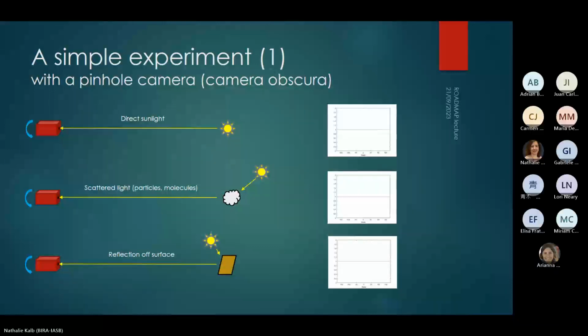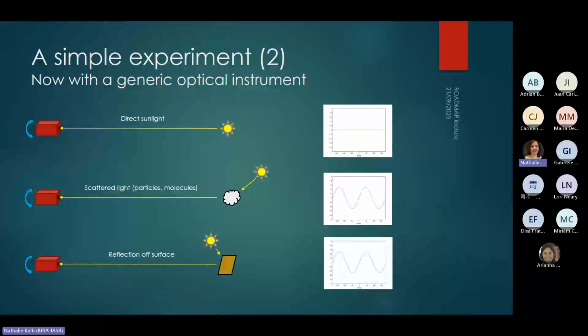Constant. If you look at the reflection of a surface, you see nothing. Why? Because the instrument is not sensitive to polarization. That's it. However, if you do this with a generic optical instrument that contains mirrors, gratings, lenses, things like this,